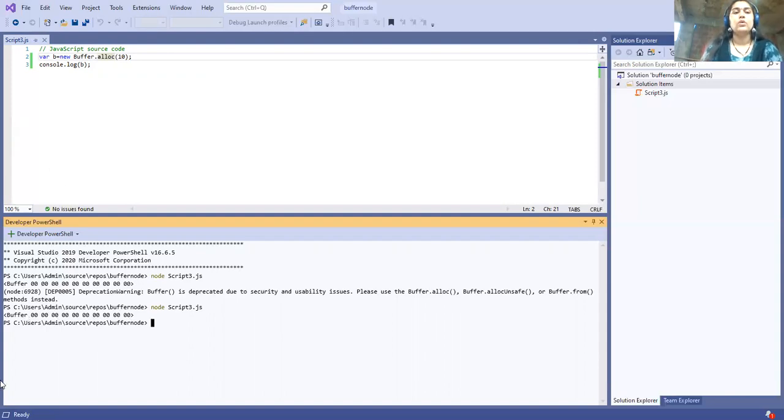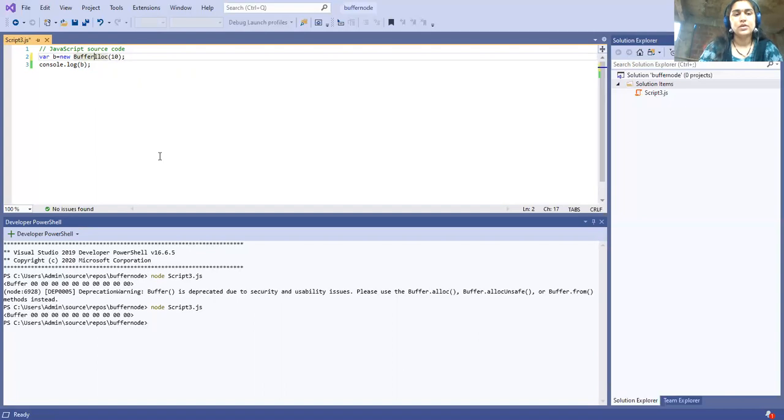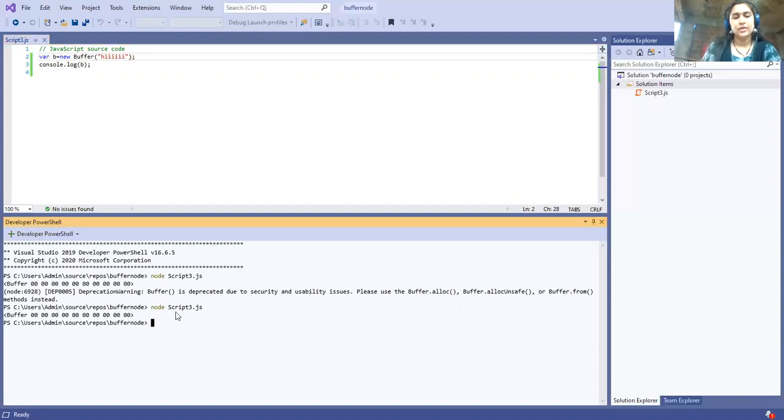Okay, now consider I'm going to put a string into the buffer. So instead of this, I simply write the string here. Suppose hi, any string you can put here. I have to close this, and now save it and run this program again.